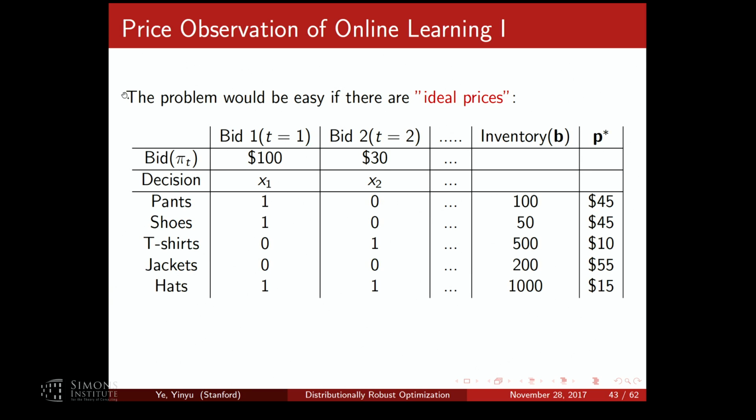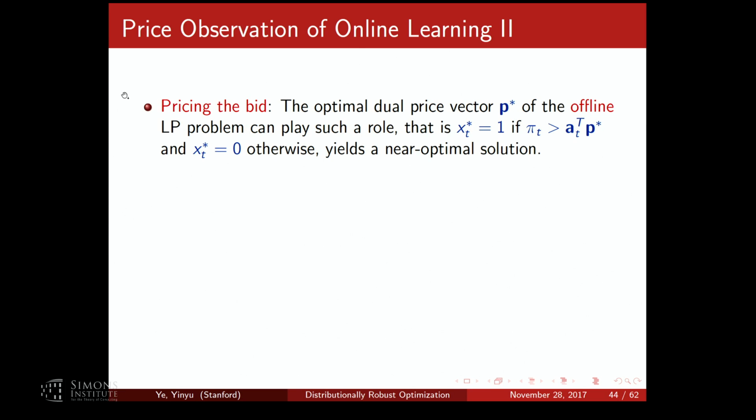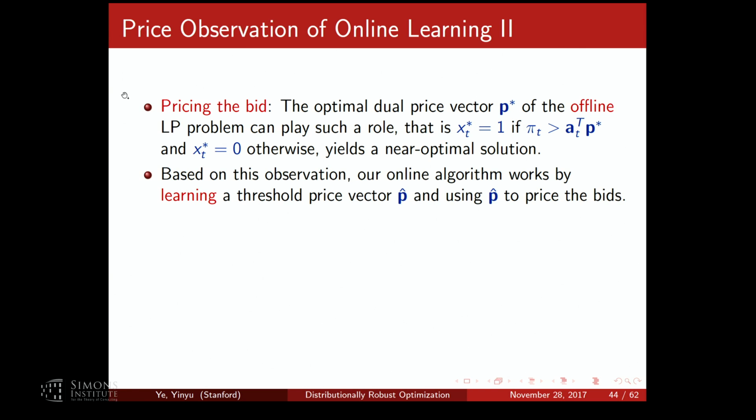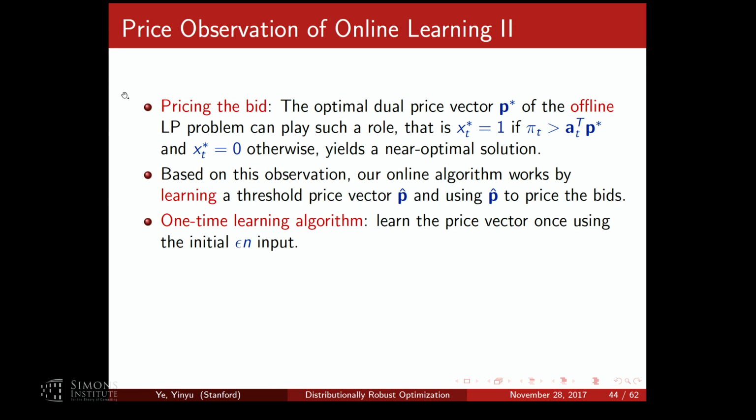We learn those prices by using arrived information. That makes sense? Okay, so this is what we call the learning algorithms. If you know the P star, then you can decide. So basically, we approximate and learn this shadow price. Does it have concentration? Can it be learnable? This is related to these questions.